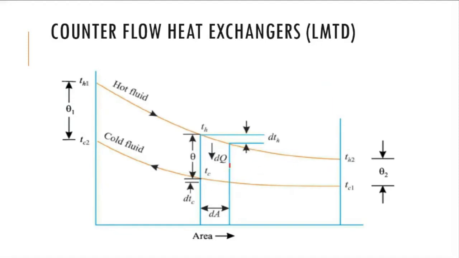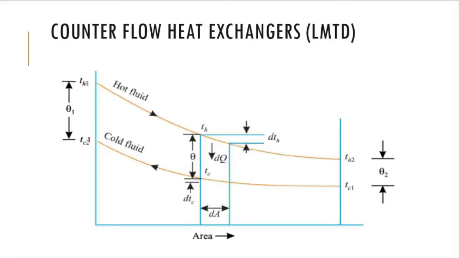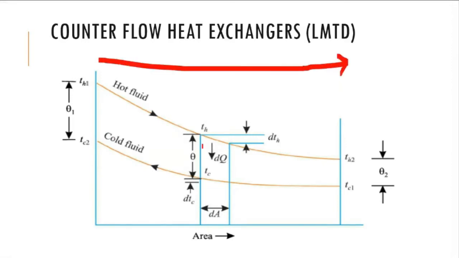We are going to consider one small elemental area on the heat exchanger. So this is the area which we have considered. The area is given by dA. We are going to analyze the rate of heat transfer for this particular area and then we will integrate and find out the total rate of heat transfer. Now if we are considering this area, always our analysis will be from left to right, from the first section to the second section. We are not going to consider the direction of flow for analysis. Always the analysis will be from first section to the second section. Is this part clear?